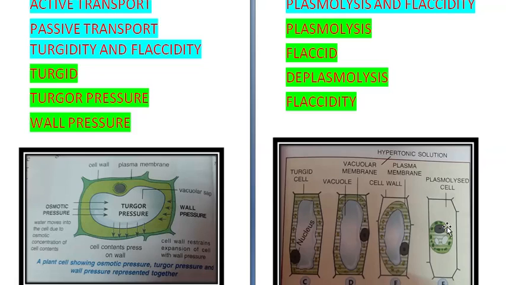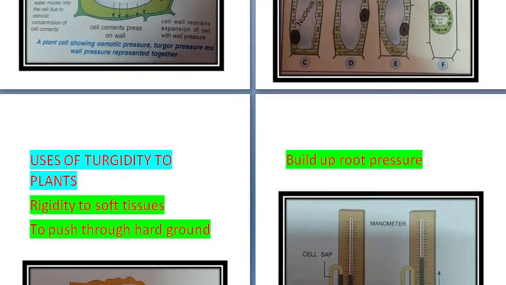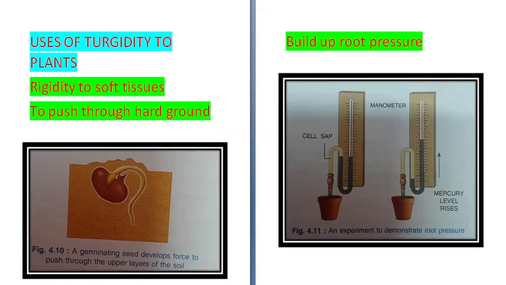So what is turgidity? It is the state of a cell in which the cell wall is rigid, stretched due to absorption of water. The cell is then said to be turgid. Plasmolysis: the cytoplasm contracts from the cell wall due to withdrawal of water when placed in a hypertonic solution which has more concentration of solutes. And what is flaccidity? It is a condition in which cell contents are shrunken and the cell is no more tight, no more distended. Then it is said to be flaccid. Okay, so these terms are clear to you.